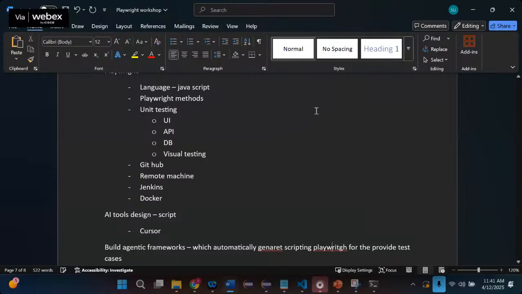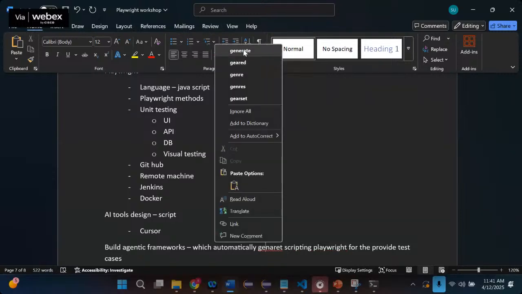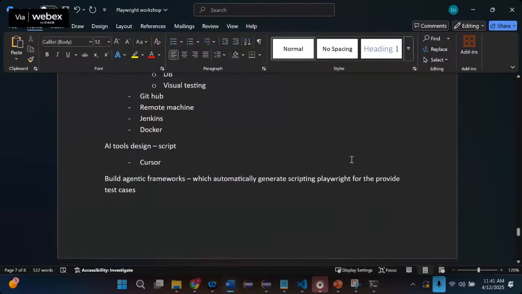It means you can build an agentic solution where, if you build this agentic framework only once, whenever you give the list of test cases, it will automatically generate Playwright code and place that in your project. So you can directly run it,